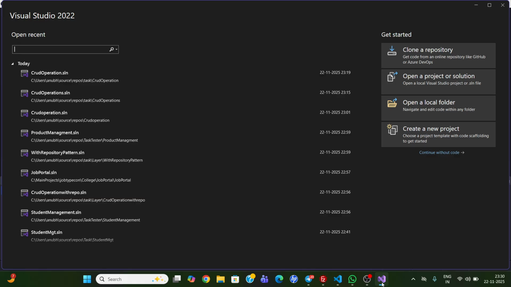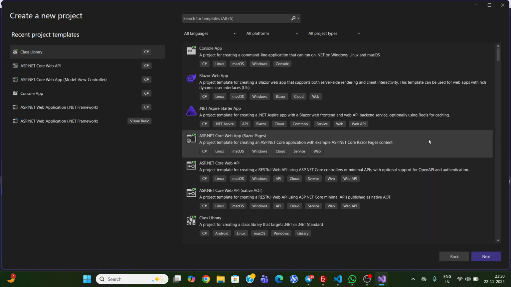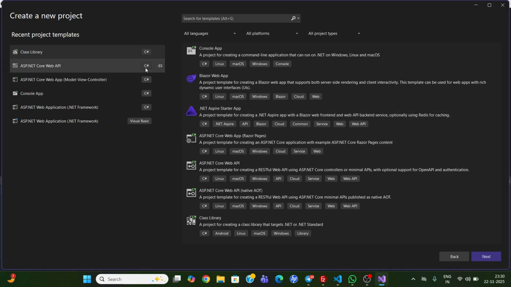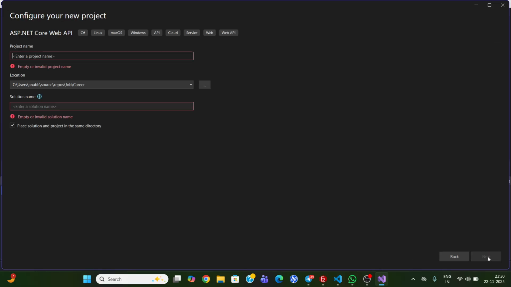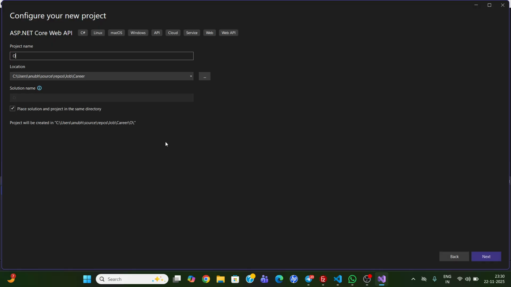In today's video, we will cover what is the repository pattern, onion pattern, and command and query pattern. So let's start. Firstly, click on create a new project, and here we can choose ASP.NET Core Web API, and here we can give the name of this project, Onion